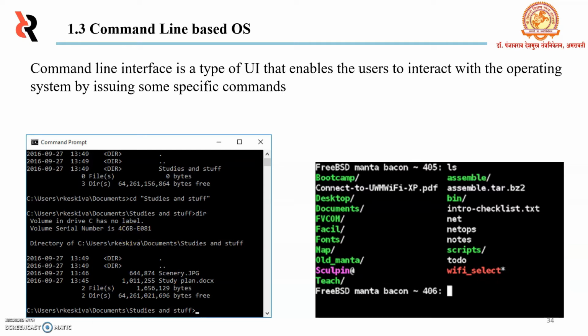Generally, this interpreter resides outside the kernel so that the kernel is not affected by the user. This figure shows the MS-DOS command line user interface. Some common commands are like cd, dir, copy, del, edit, rename, mkdir, chdir, like this one.